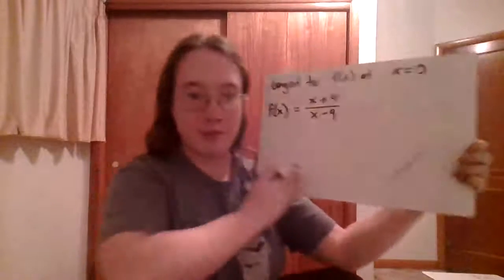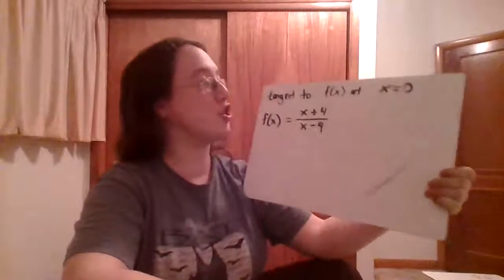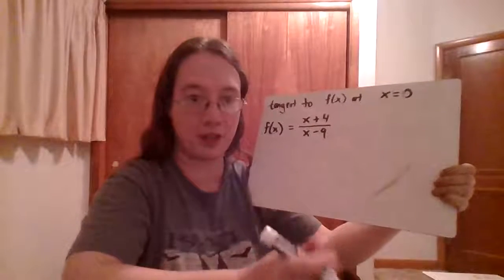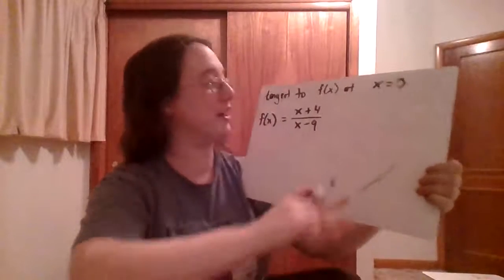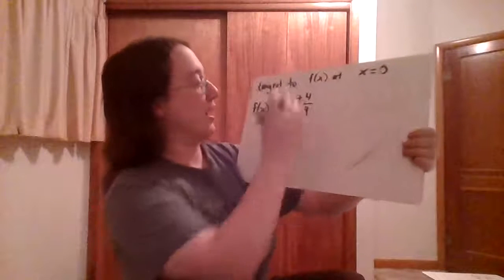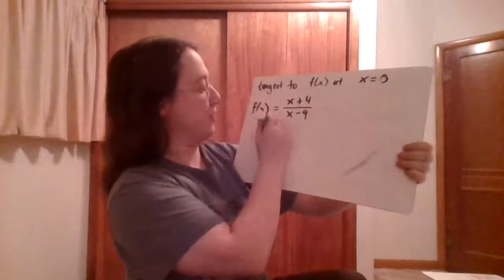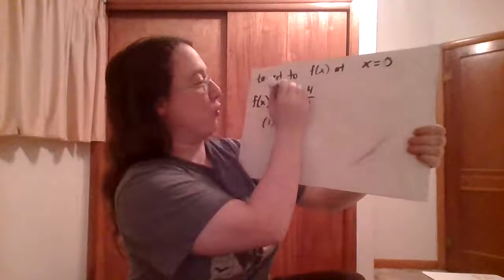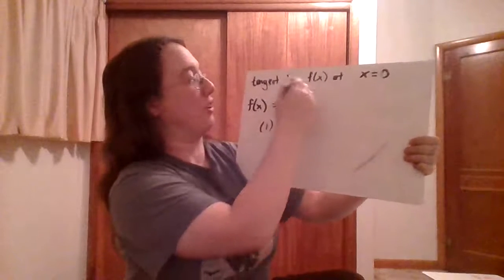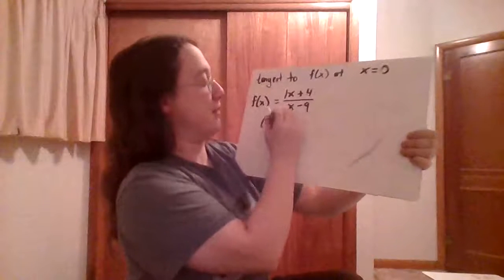Now, same sort of thing as before. If we want a line that's tangent to this graph, first thing we're going to want is our derivative, then we're going to plug it in and find our line. So if we want the derivative of this, we've got the derivative of the top, which is just going to be 1, which is nice, because there's a 1 there. If that's not there, 4 is gone, 1 hops out front, times the bottom,